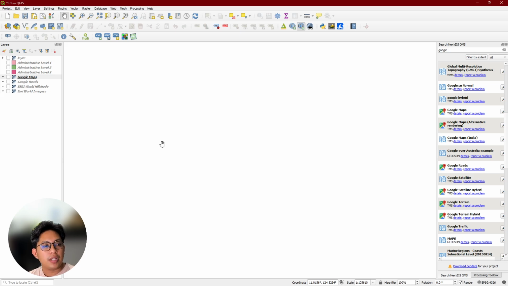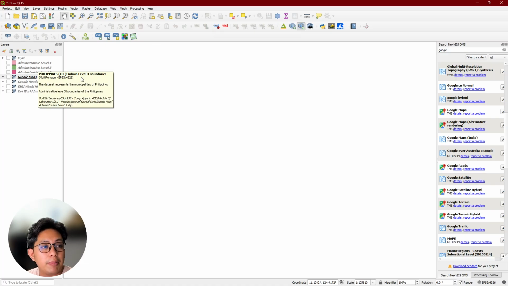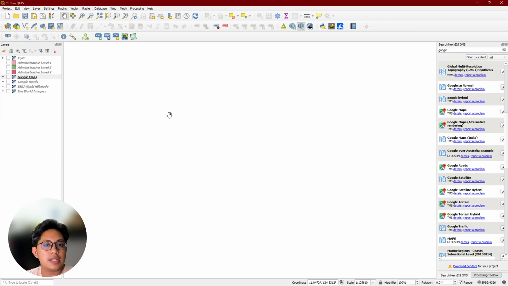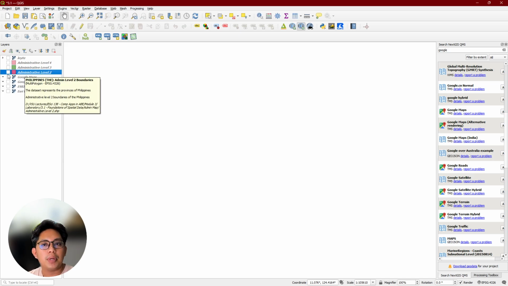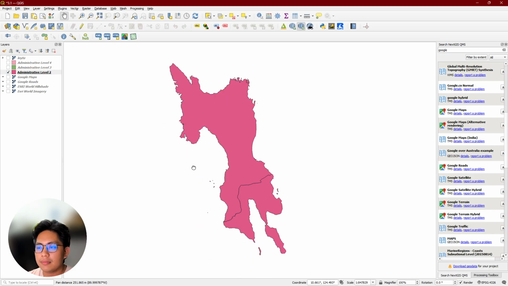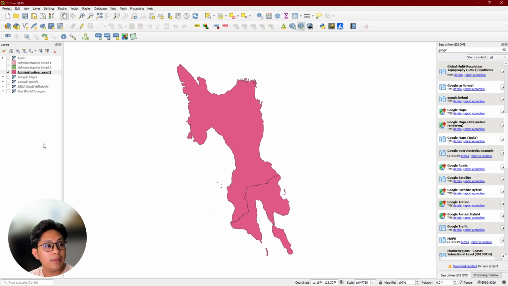You may use different data sets, admin shape files. For this guide, I'm sending you the guide for using quick map services on making administrative level maps on different levels. In this case, we'll make one loaded. I already have loaded here administrative level 2, but when you download your admin maps, they're usually provided for the whole country.